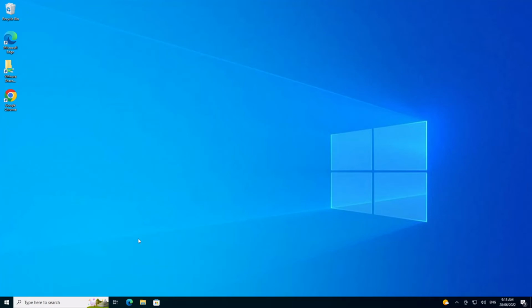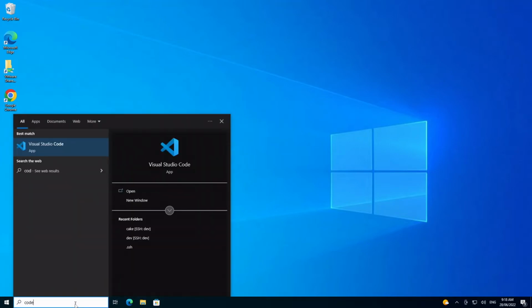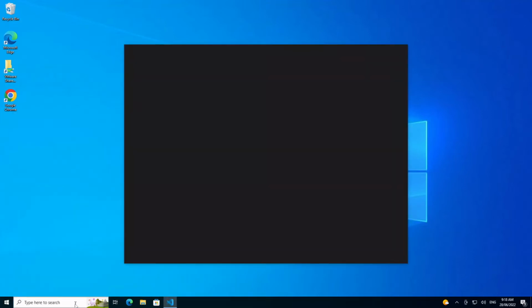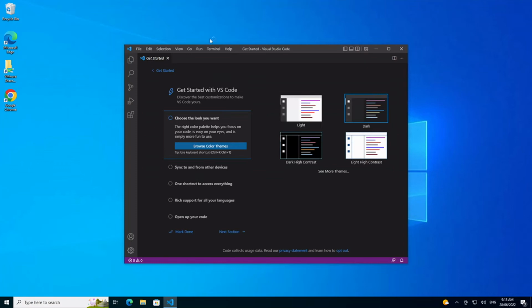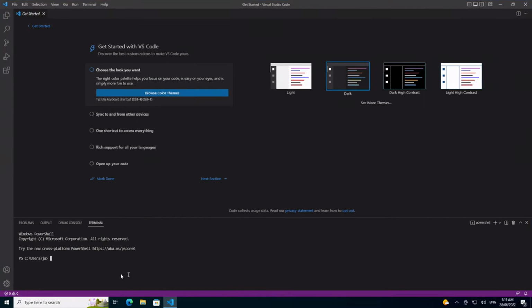So I'm going to set up Windows 10 to enable SSH to a remote Linux instance. The first thing I do, start Visual Studio Code, get a new embedded terminal going, and